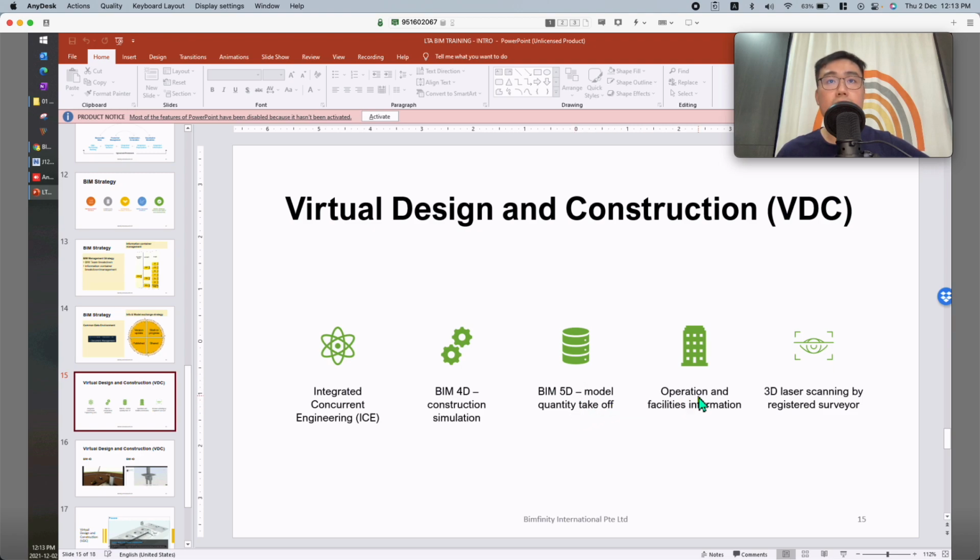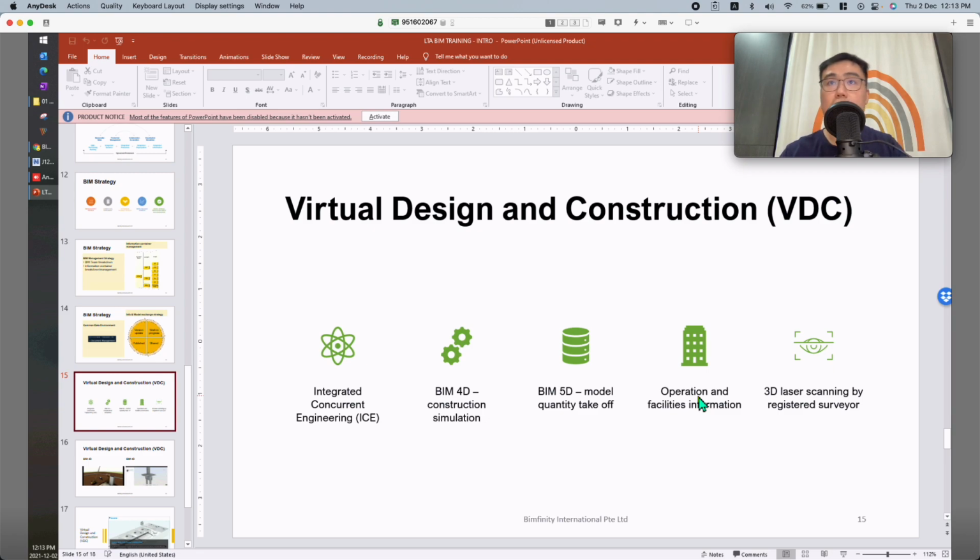For FM, how can our BIM 6D model, or I think 6D is a very vague term, how can our asset information model